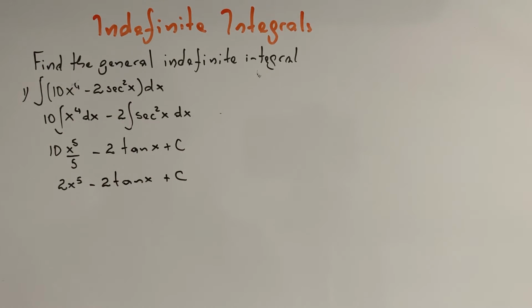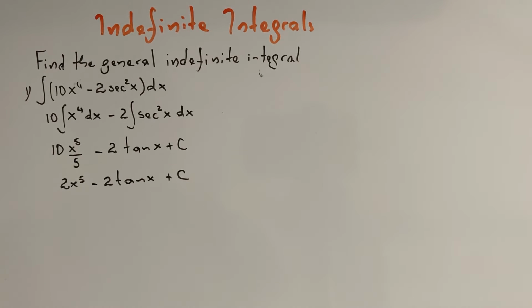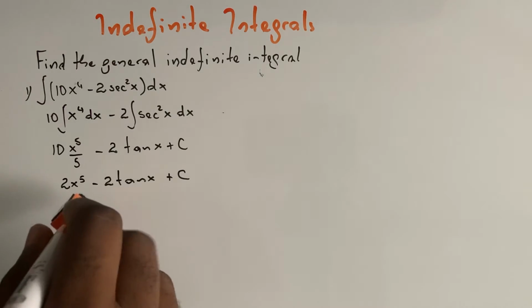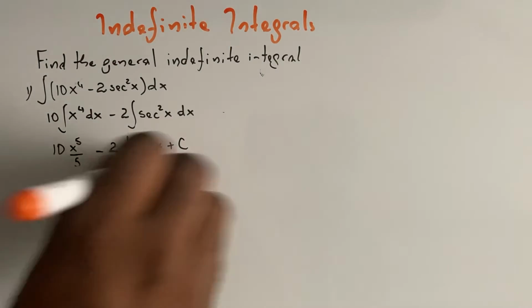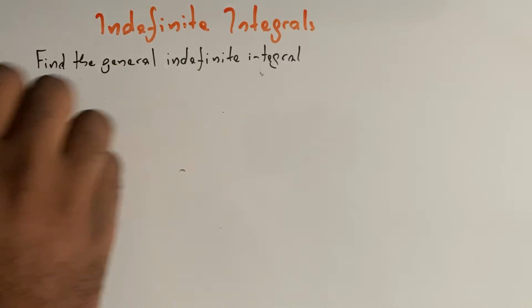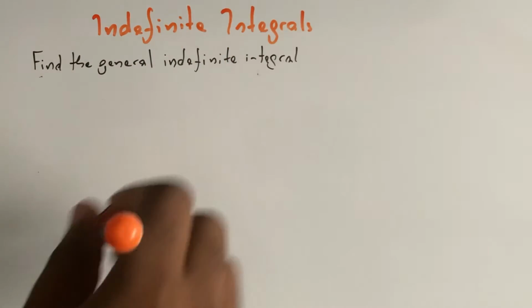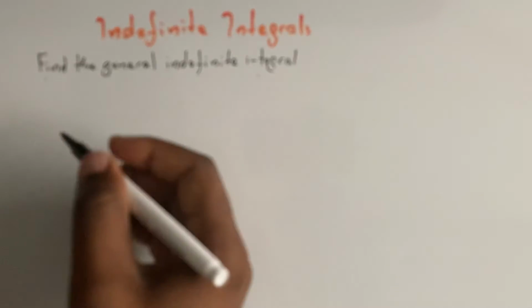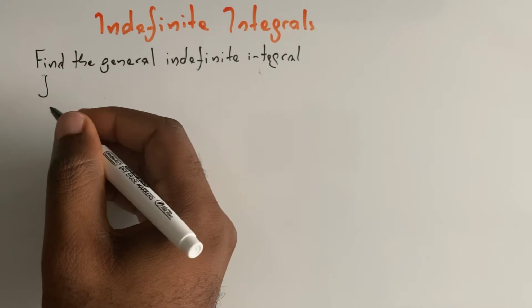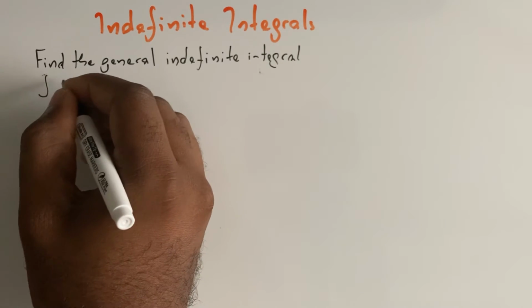Let's try another one in which sometimes you have a trigonometric expression that you will need to rearrange in order to see what you could get from the conversion table. Let me show you number 2 right here. Could be very easy. Again, it's not that bad, but you just need to know how to get there. So let's say you have to evaluate the integral of cosine